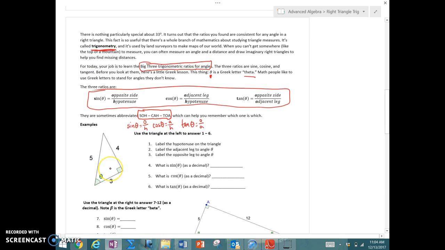You can see here we don't know what theta is. Our first job is to always label those three legs. So across from the right angle is the hypotenuse. Across